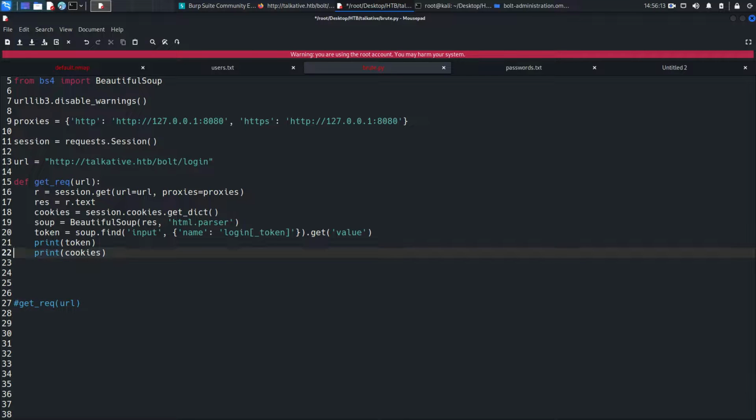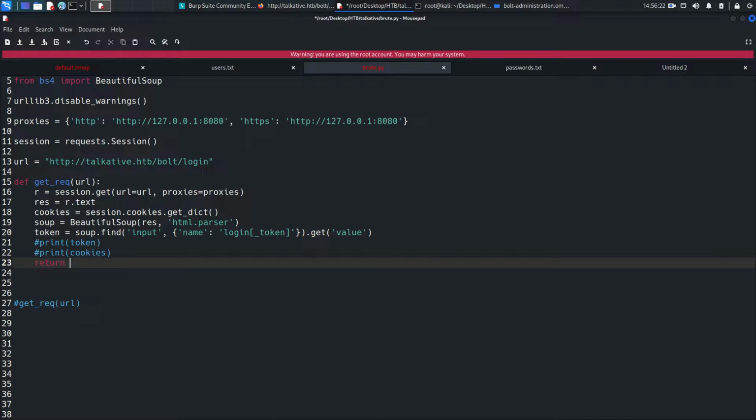So now instead of printing that, we need to return the value, right? So return, and let's return token only. First thing,